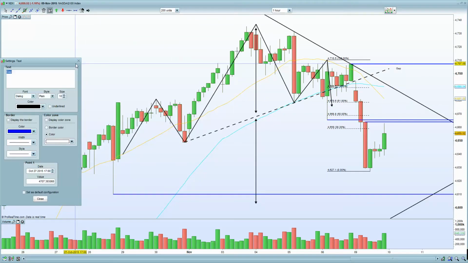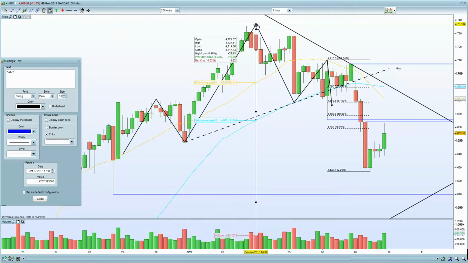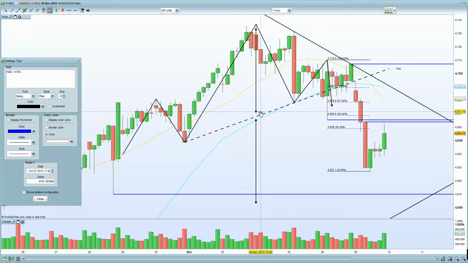And the H&S target, I'll just draw and project here for you as well. So the pivot high here was 4740, taking away the neckline, which is 4670. So you're looking at a 70-point drop on the downside. Okay, so given the fact that you are looking at a 4600 target, again we need to be